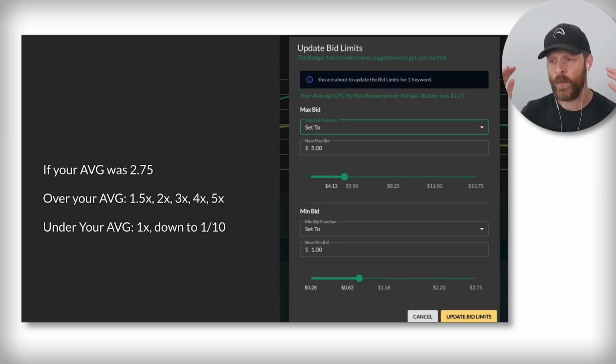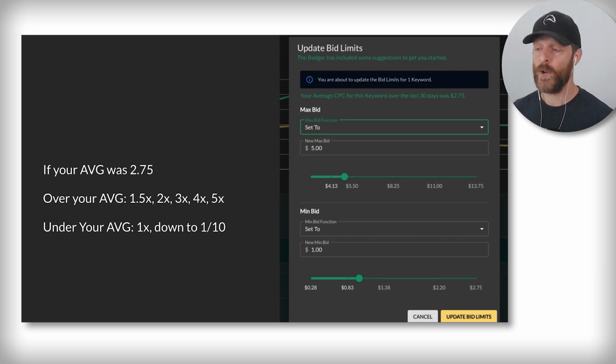So I invite anyone out there, whether you're using our tool or not, to have this concept of what is the lowest bid I would possibly want in this campaign? What is the highest bid I would possibly want in this campaign? It's something that I believe the very, very best bid optimizers factor into their decision-making, where you go in and look at the performance and you don't just knee-jerk it, revenue per click multiplied by target ACoS. You want to give yourself some guardrails. So think about that as you go on your optimization journey.